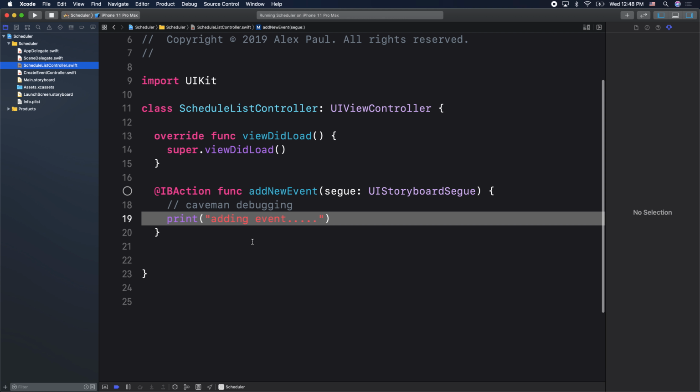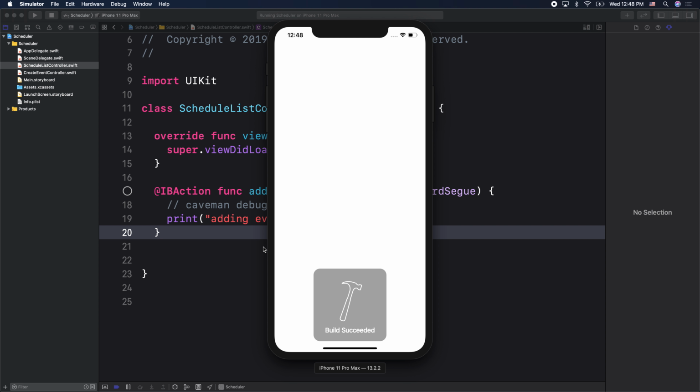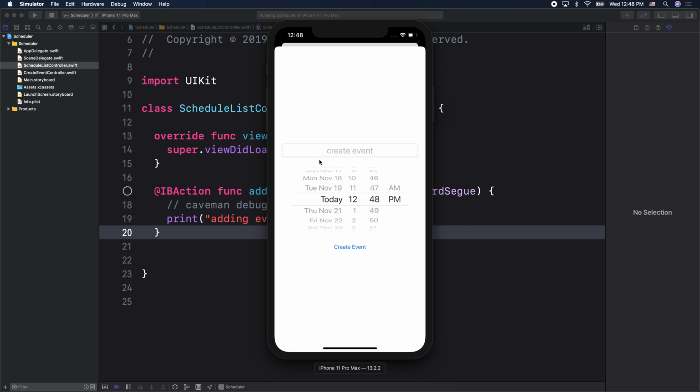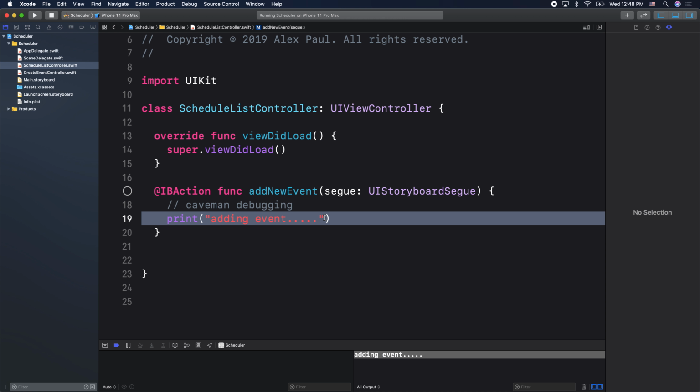I think we were just testing out, does add an event get printed? Let's actually run the app and see if that happens before we move on. So I click on my add button. My create event view controller comes up. I click on create event, and I have add an event getting printed. Everybody with me? So we know our unwind segue is working. So we could remove that print statement here